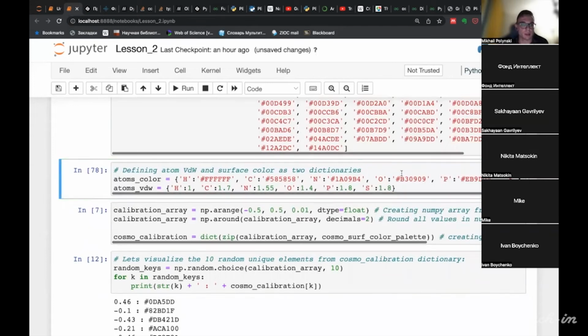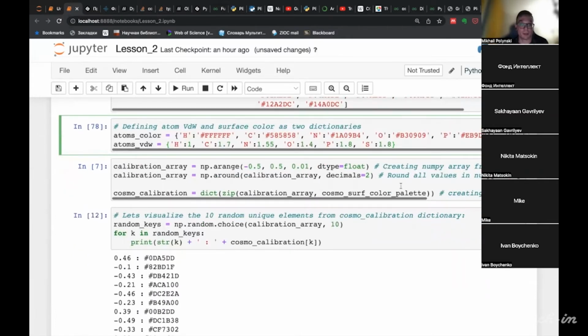And also let's make two dictionaries that assign different color codes to different elements like hydrogen, carbon, nitrogen, etc. I give you such a code as an example only, so you are free to modify it, to use it, to adapt it in your research, and you're encouraged to do so.